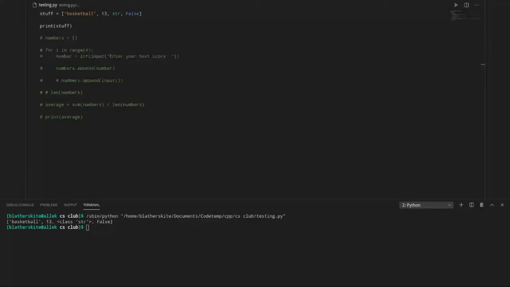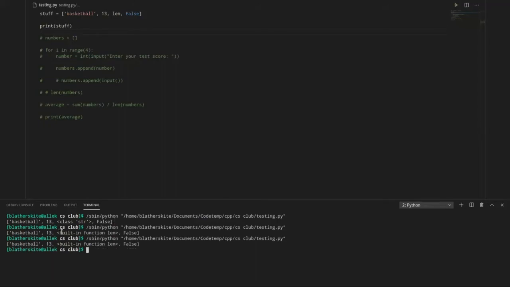A function is just a kind of. Well, technically this is a type, I believe. It would be more accurate if I were to do something like len. But you can put anything in a list. This is a built-in function length. This was a class string. We're going to be talking more about functions and classes later, but they are all objects that can be put